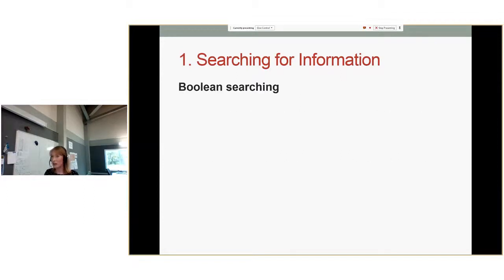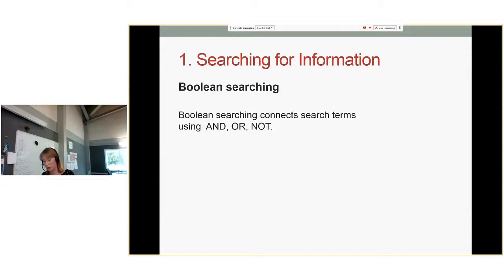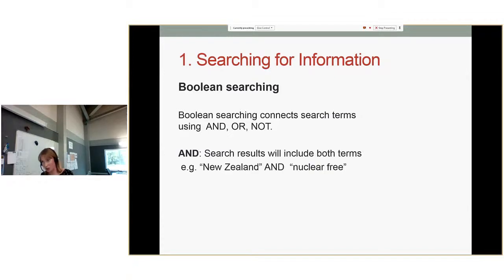And the final one here, Boolean searching, which I was curious as to where that term came from. It's from someone called George Boole, who did algebra. So this is a technique that's taken from algebra, and this is when you use the words and, or, and not in your search terms. For example, all these examples from the website are all about nuclear, so that's why we keep seeing these.